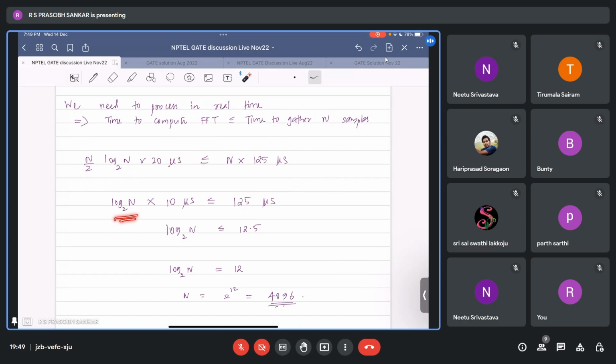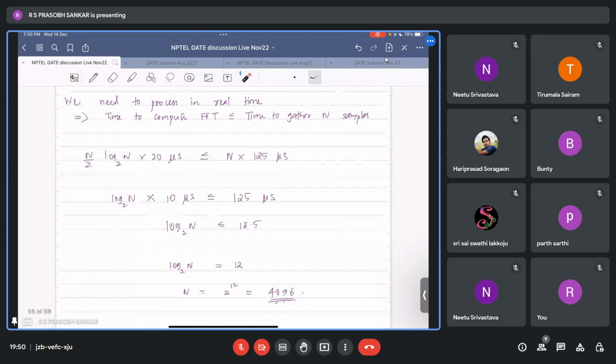Log n to base 2 is less than or equal to 125, or log n to base 2 is less than or equal to 12.5. And by the way, n should be an integer, and this log n to base 2 also should be an integer, because this is basically the number of stages. So let us take the largest integer less than 12.5,